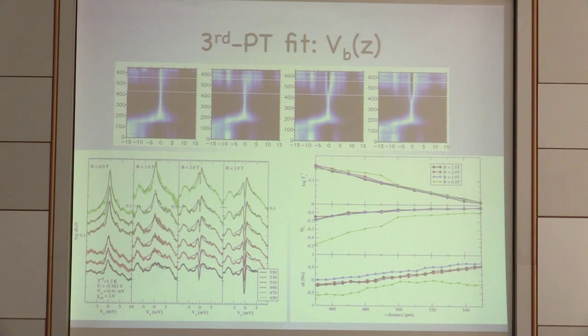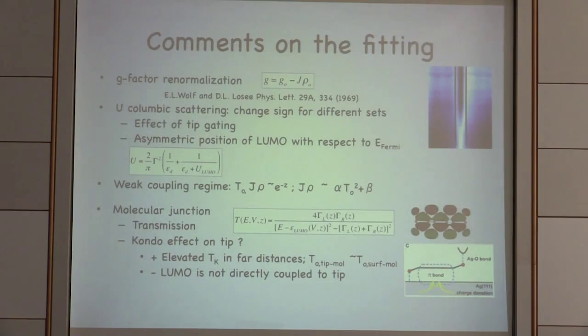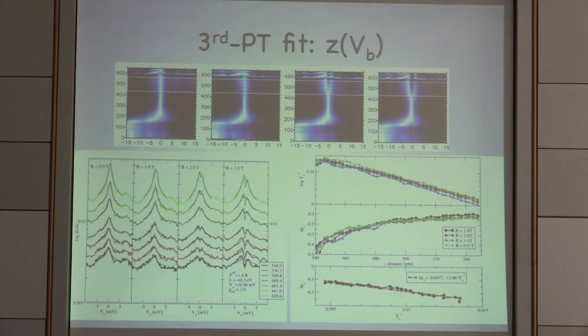In this fit, I have to say I fixed G at the beginning to be 2, because if I release it, the fit starts to be really crappy. I think there can be some reason to change G, but basically, to make it simple, I would keep it constant. And the second thing I would like to mention is that